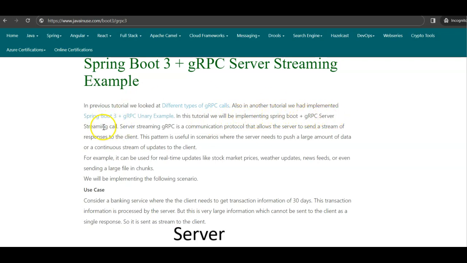So what is a gRPC server streaming call? Server streaming gRPC is a communication protocol that allows server to send a stream of responses to the client. So whenever the server needs to send a large amount of data back to the client, then it cannot do so in a single call. So what the server does is that it pushes this large amount of data as a continuous stream of updates